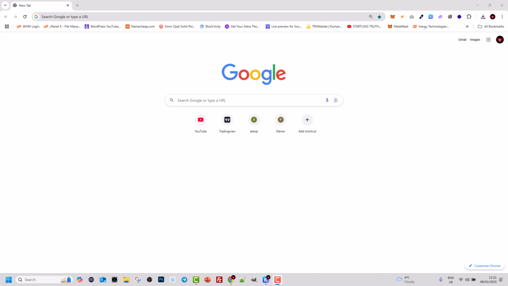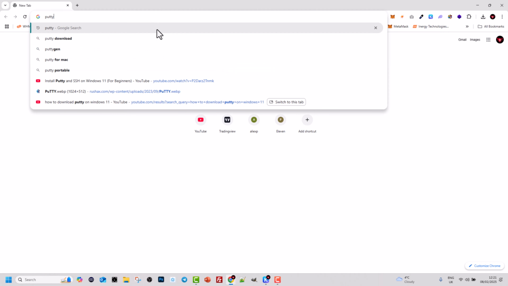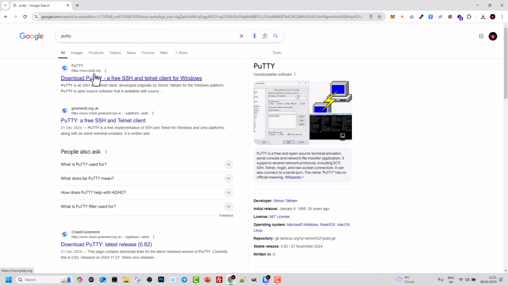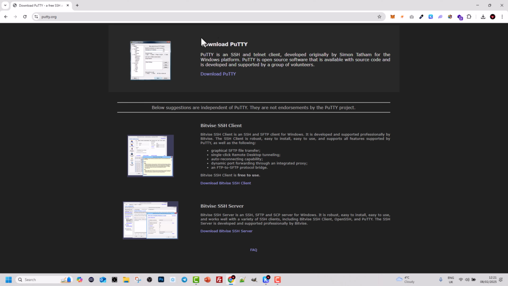How to download and install Putty on Windows 11. To do that, open any browser and in search type in Putty. Click on the very first website, which is putty.org, and here click on the very first option, download Putty, and here in